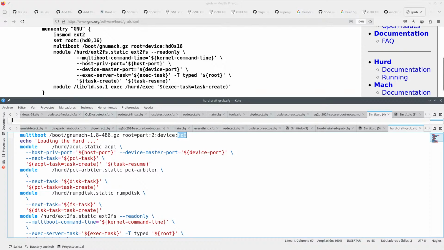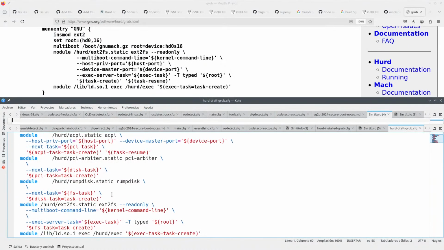Then multiboot command line, kernel command line. There's nothing about that. I mean, yes, it's here. Okay, so apparently the first module you load here is the ext2fs, static ext2fs with this kernel command line. So this is something read only. This is something that we already have. Okay, let's mark it.